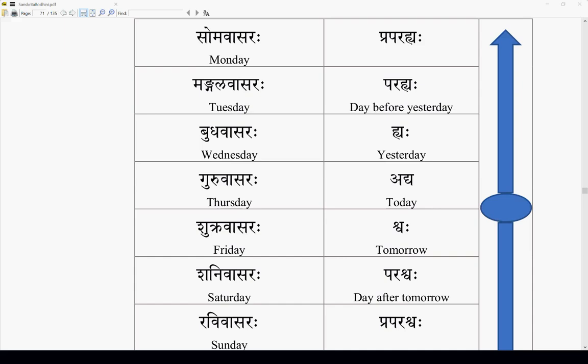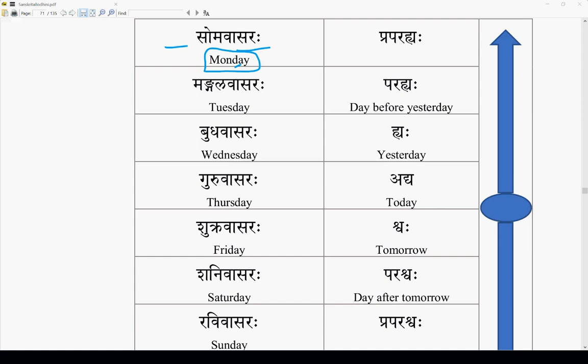So these Sanskrit words take different hues and meanings based on etymology. Here you are talking about Induvasara, Bhanuvasara. Similarly, let's take Somavasara. So here we are saying Monday. Soma. Now, Vasara is day, we know.